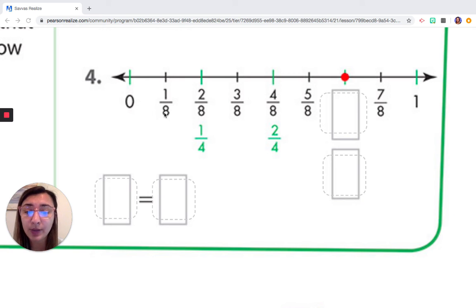So here we see that we have eighths, but in this one, they're giving us equivalent fractions to the eighths that are on the number line. So here we have 1/4, 2/4, and then this one's also green, so that means that we should be able to figure it out with the pattern. So I'm going to show you with the pattern and then show you another way how you can figure it out. So we have 0, we have 1/4, 2/4, and this would be 3/4, but the first thing that we have to do,